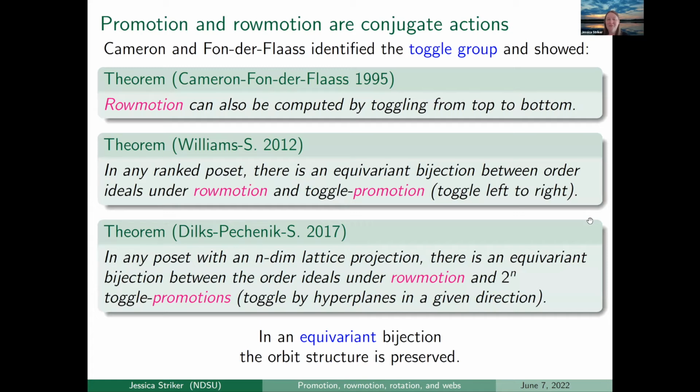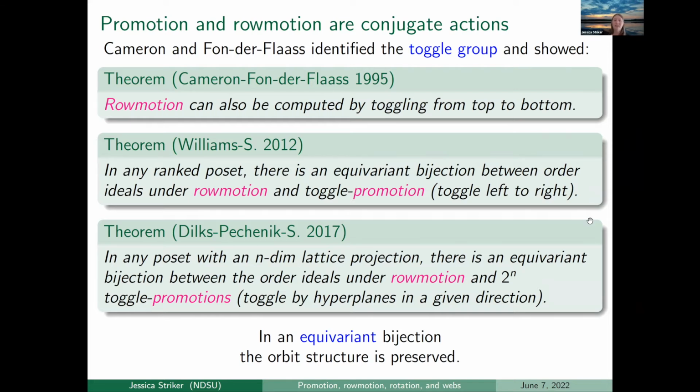We saw a beautiful talk by Peter Cameron yesterday. And what I have to say here relates to some of his prior work with Dima van der Vlas, in which they identified the toggle group as a really important permutation group related to order ideals. And they showed that Rowmotion can also be computed by toggling all your elements from top to bottom. What I previously showed you was toggling from left to right. And by toggling, I just mean for each element, you're either going to try to add it if it's not there, or take it away if it is there, as long as that gives you a valid order ideal. So now that Rowmotion is a toggle group action,